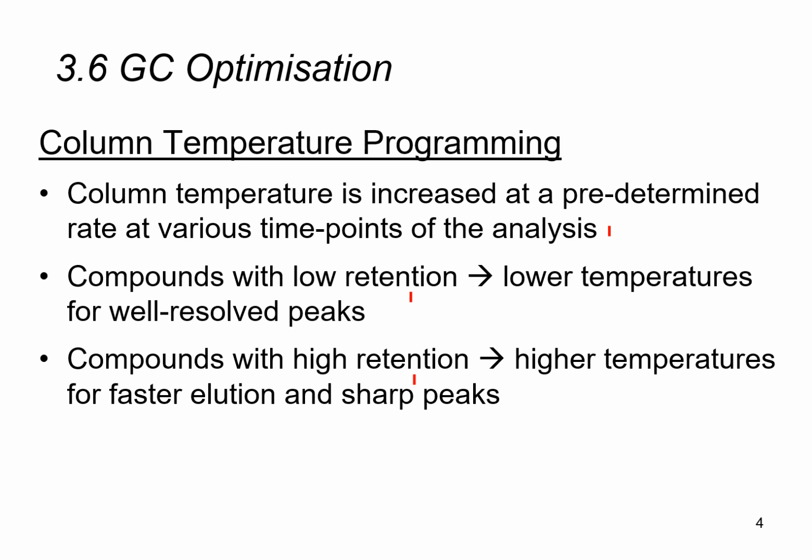So actually, using column temperature programming, we can get the best of both worlds. We can start off with lower temperatures for compounds that by nature are not very well retained, and then at a later point in the analysis, we can raise the temperature to chase out the compounds that by nature are very well